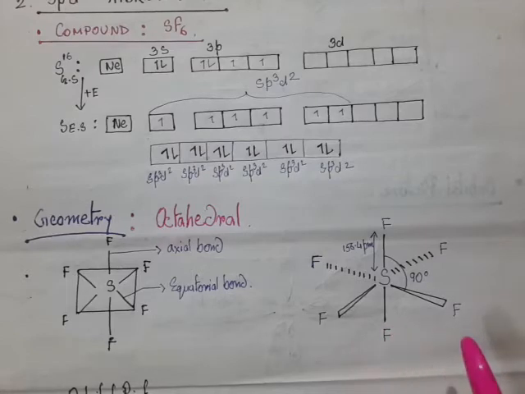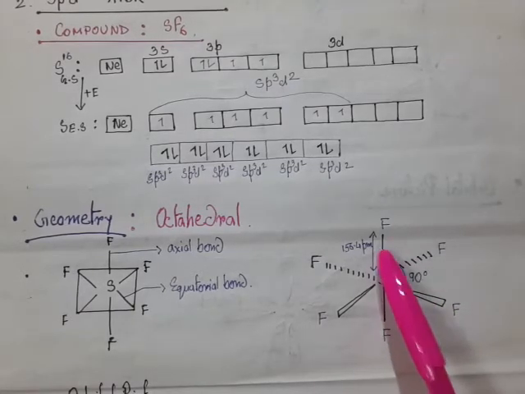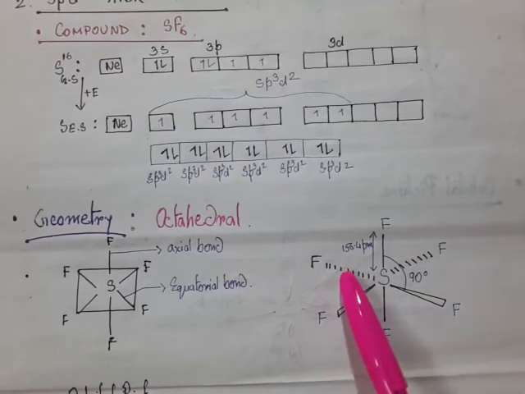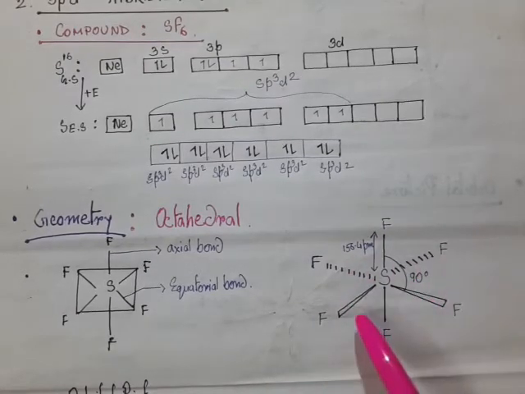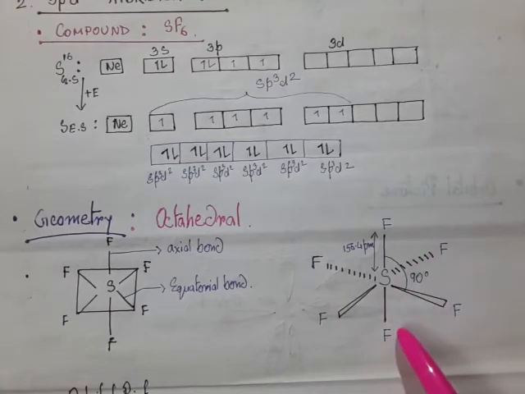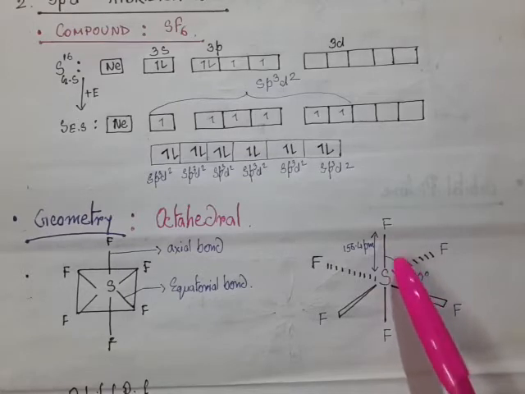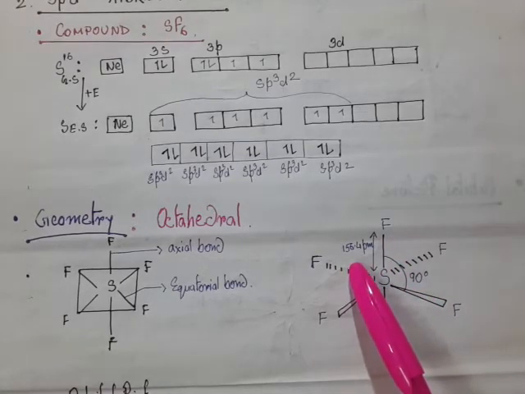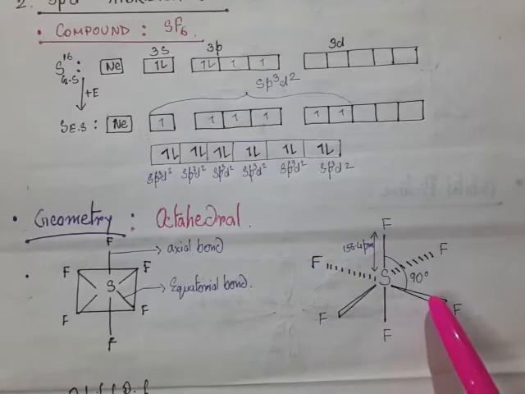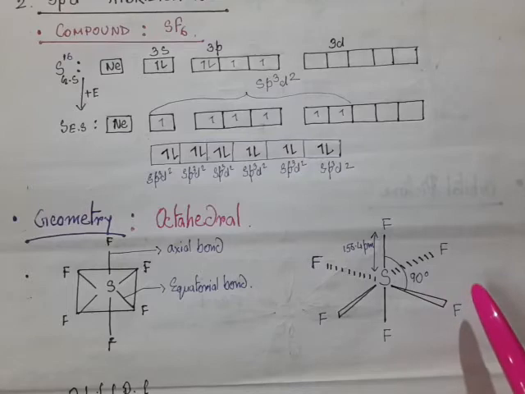This figure explains the 3-dimensional structure of SF6. As I told earlier, this type of representation is known as flying wedge representation or wedge dash representation. In this case, the bold lines are in the plane of the paper, the dotted line is below the plane of the paper, and these two lines are above the plane of the paper. The length of the axial bond is 156.4 picometer, and the angle between axial and equatorial bond is 90 degrees. So it is a non-polar molecule.